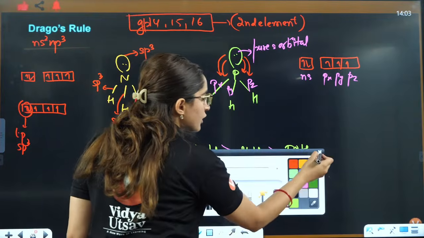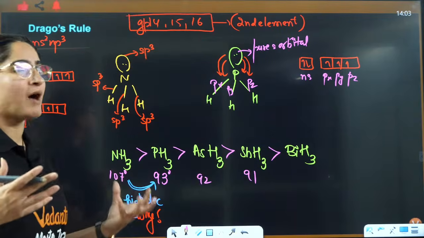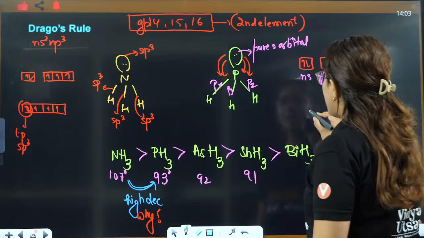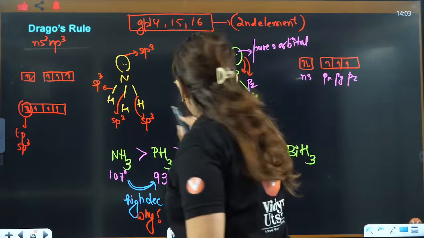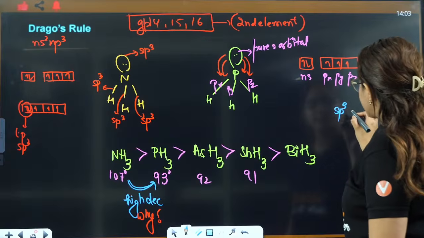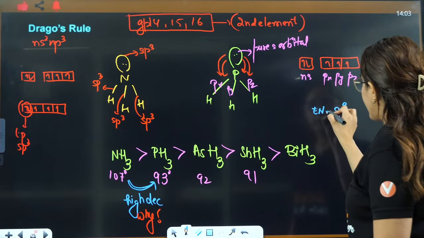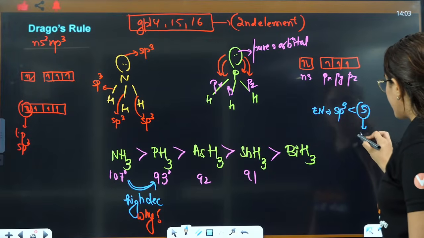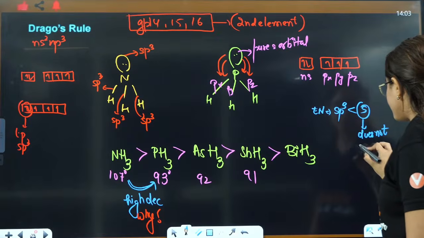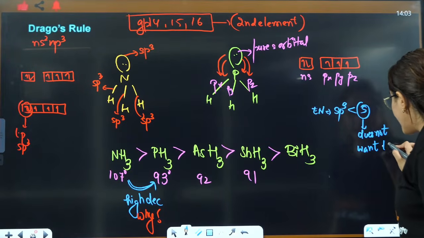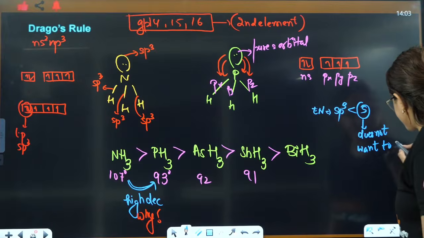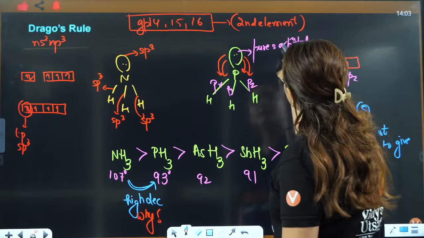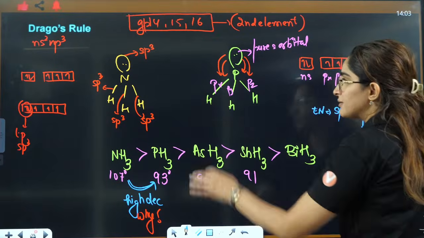Now what is the cause, why does this matter a lot? What is the consequence of this thing? The consequence is that here it is sp3. We know that sp3 orbitals are less electronegative as compared to this. That means the s orbital does not want to donate its lone pair. If it does not want to donate the lone pair, this wants to donate